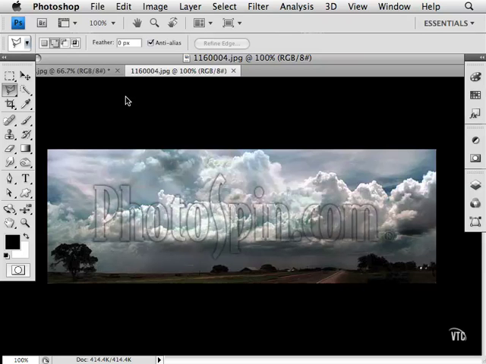Okay, it's time to take these clouds and put them around a crate. And this part is pretty simple. First of all, let's go ahead and select this entire image by pressing Command or Control A. Now press Command or Control C. Now we can deselect it if we want to by pressing Command or Control D, or you can simply close